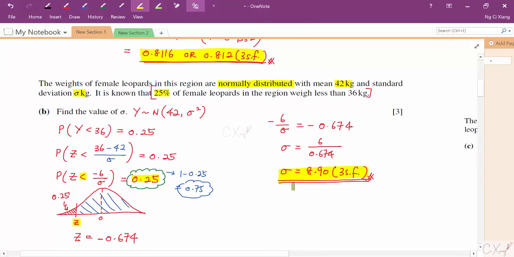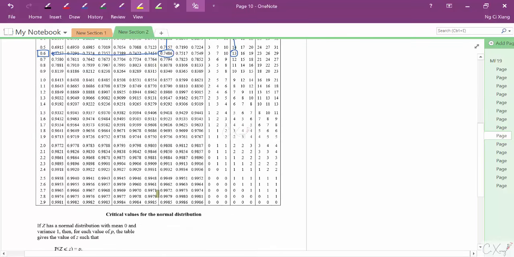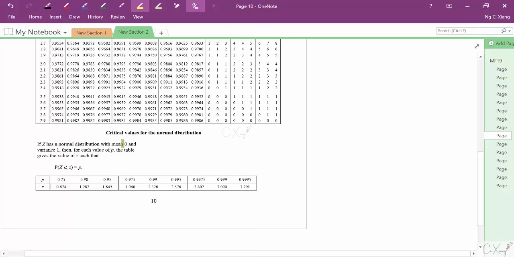Okay, so this is how we solve for the sigma. And then we have an extra explanation on this one for negative 0.674. Just now we looked for the area, which is 0.75, to get the value 0.674, right? Okay, so we get the 0.75 from this area, all right? Okay, and if you scroll down to the bottom part of this table, there's a